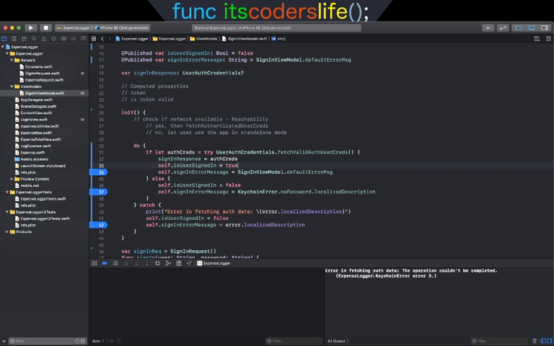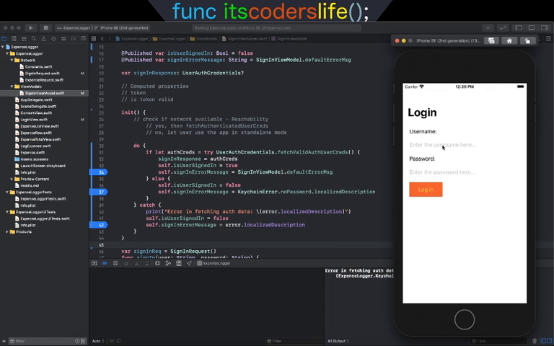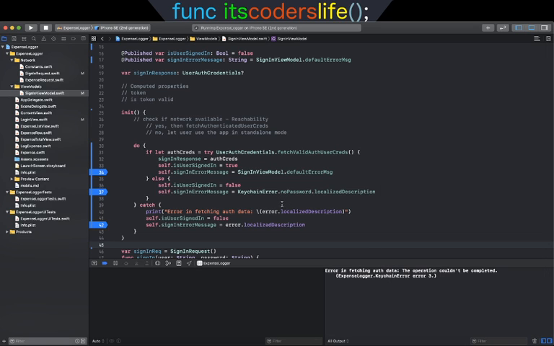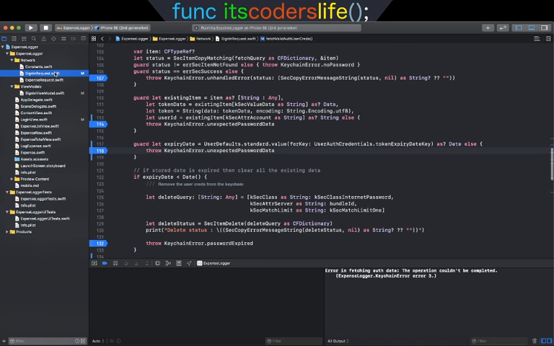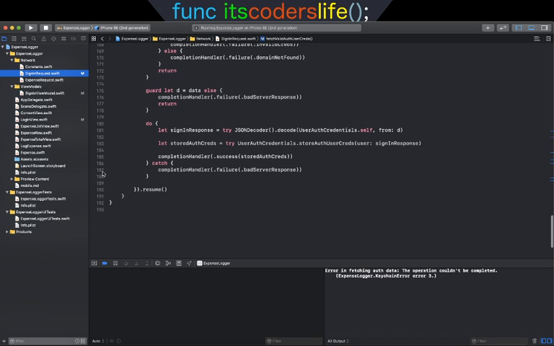Here. Error in fetching the auth data. Operation could not be completed. Okay. Let's just see. One, two, three. Okay, we are messed up big time. Or we didn't get